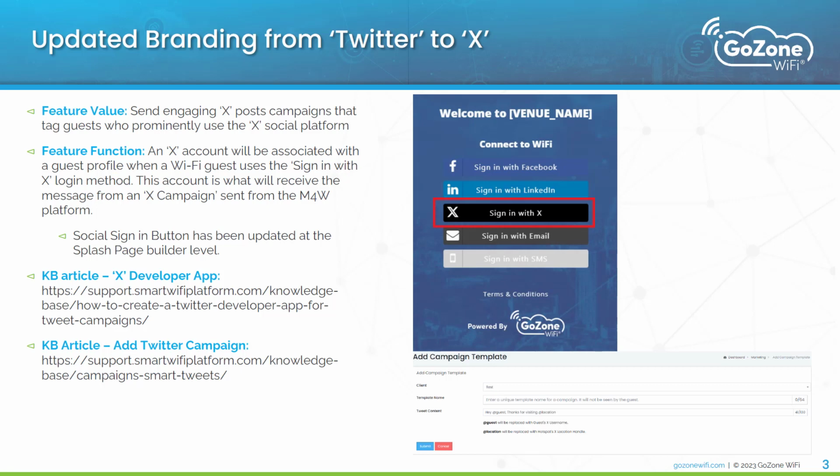Originally it was called Add Twitter Campaign, which you'll see in the knowledge base article listed below. It would now be an X campaign. How that feature works is when a Wi-Fi guest signs in with the sign in with X option, they would be signing in with their X account. And so what the Marketing4WiFi platform can do is, when you have an X campaign set up for those types of guests who sign in with that option,